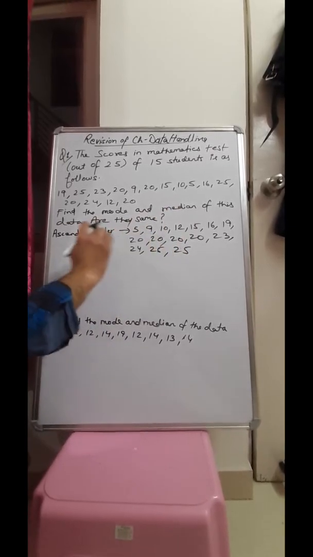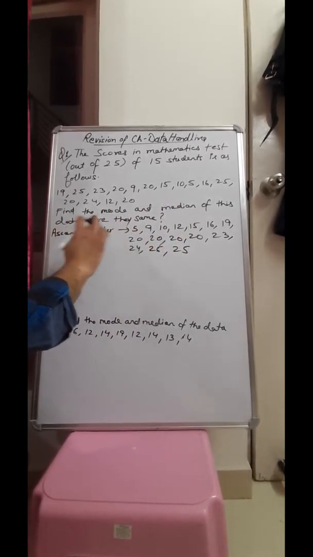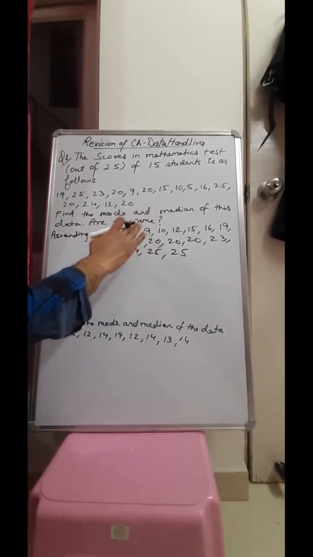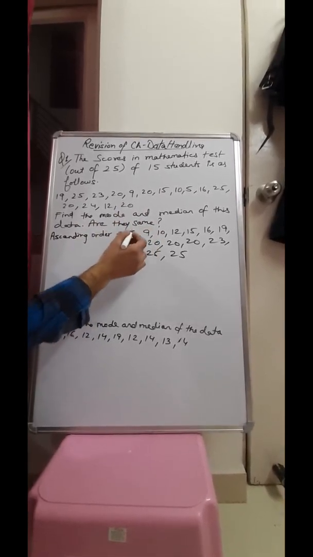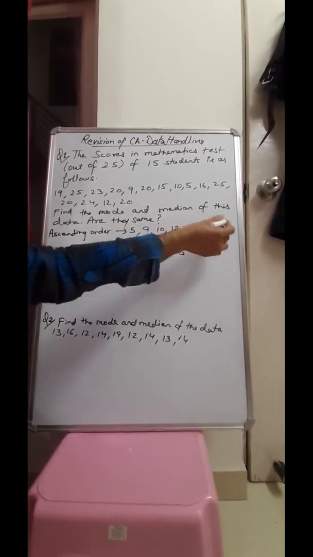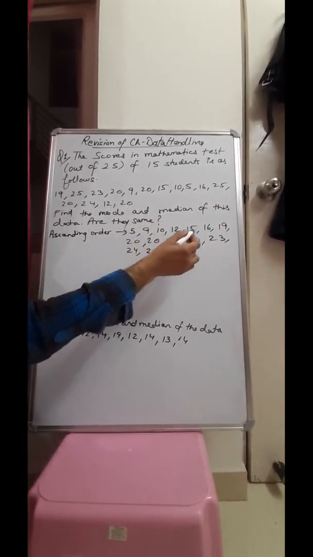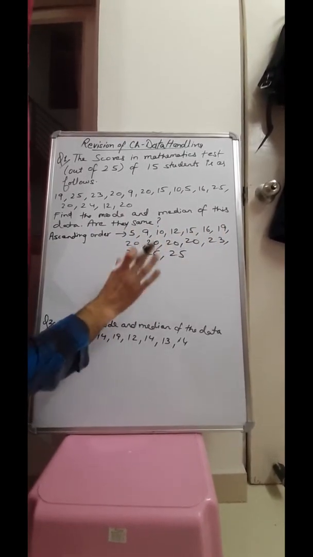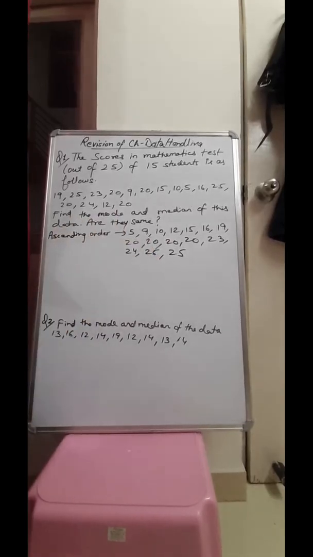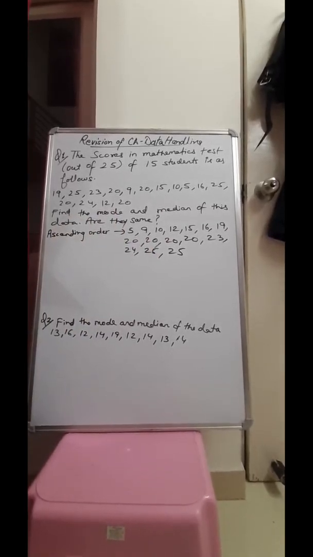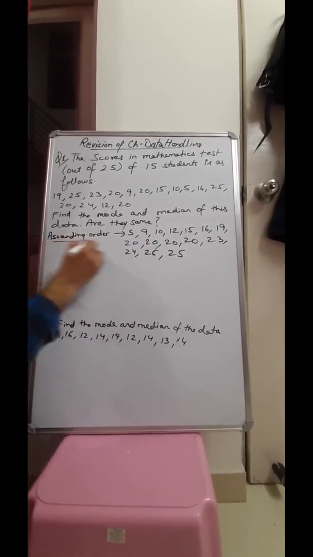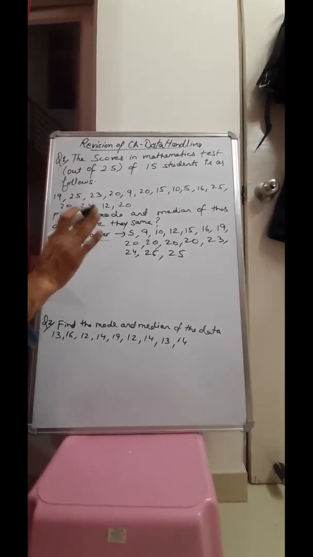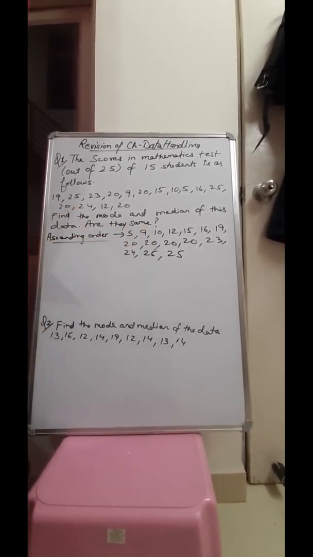Now again you have to count the marks of 15 students that we have arranged in ascending order. They have to be same in counting. 1, 2, 3, 4, 5, 6, 7, 8, 9, 10, 11, 12, 13, 14, 15. So that means these are your marks of 15 students arranged in ascending order. Now once you have arranged the data in ascending order,